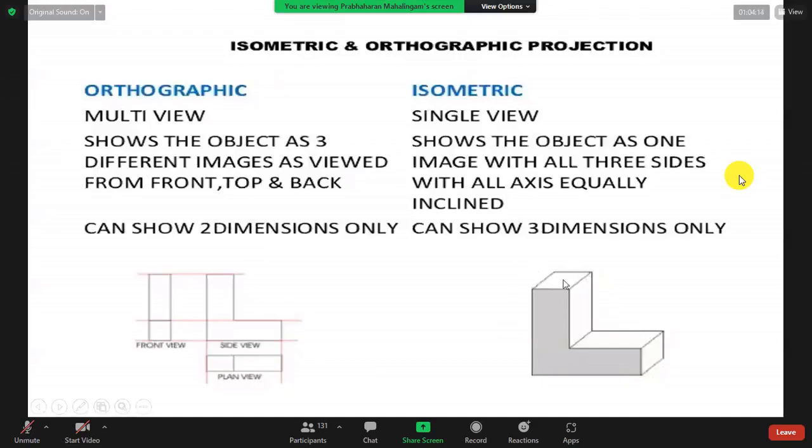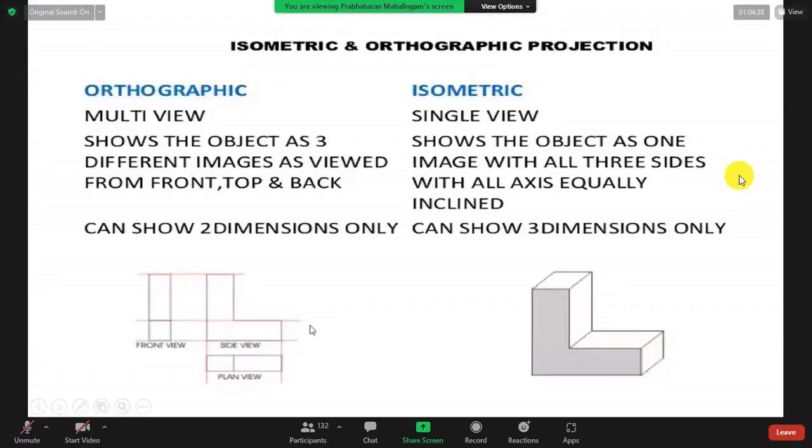You see from the top, one square, here rectangle. Front view, one square, one rectangle. And plan, here one square, one rectangle. So the side view or end view, we call that L shape.